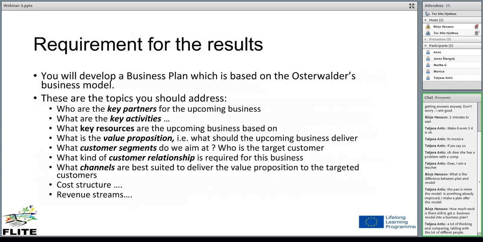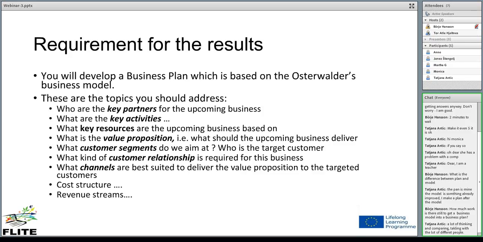If we move forward, to be able to reach the result of this course, the business plan, like I said earlier, we will use something called the Osterwalder canvas model. The Osterwalder canvas model is addressed in module 2 in this course. We will not go into detail, but we can say that the Osterwalder canvas model is put together with 9 different topics. The topics are, in short, who are the key partners,